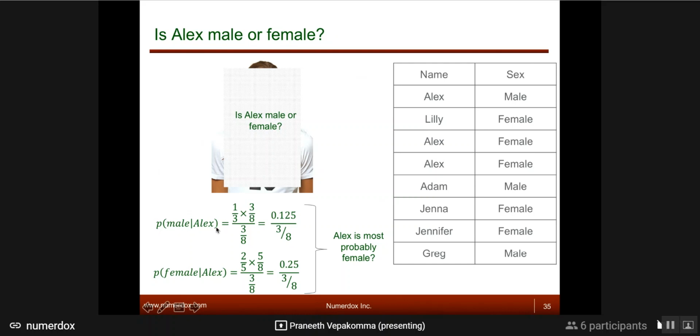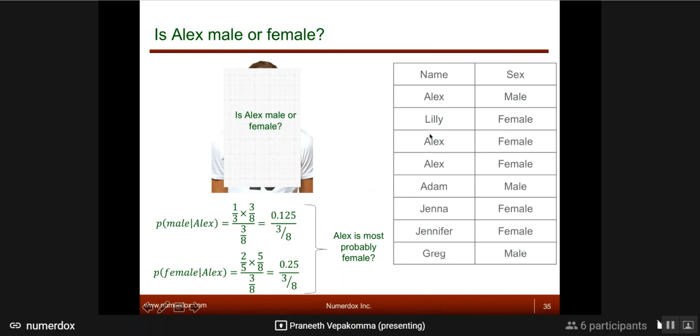Then if you want to compute the probability of Alex and then the probability of male. The probability of Alex would be 1 by 8. No, sorry, 3 by 8. 1, 2, 3. So you have 3 by 8. The probability of male would again be 3 by 8 because you have 3 males out of 8. So you compute these for both. And then the 1 by 3 is not coming from this data set. This is a crude example. It's coming from a generic point, from this line.